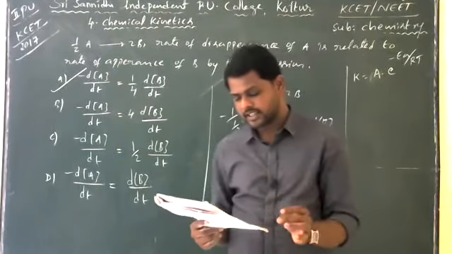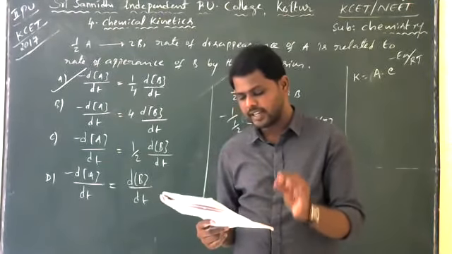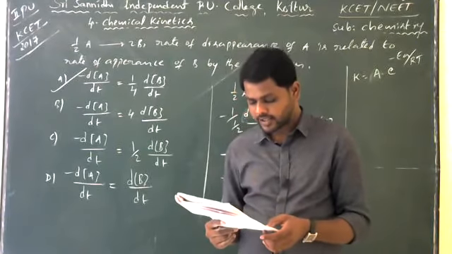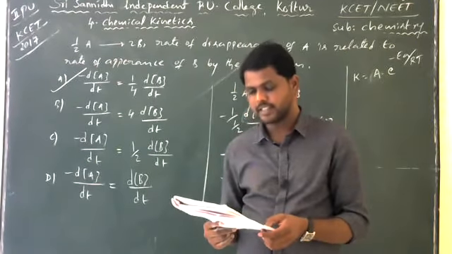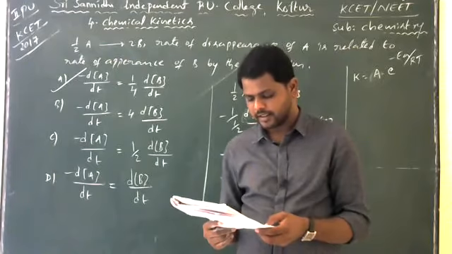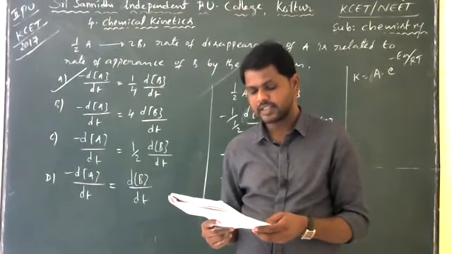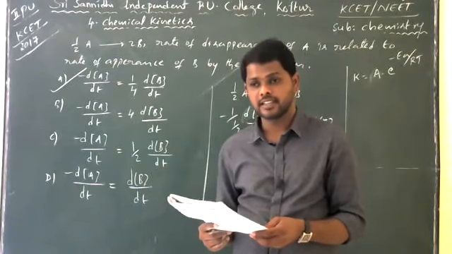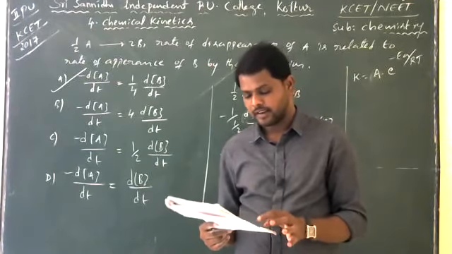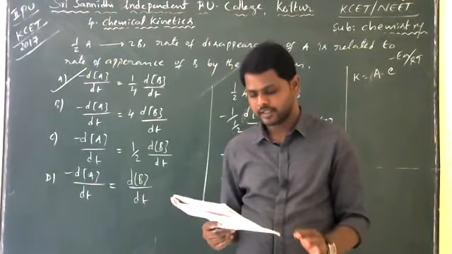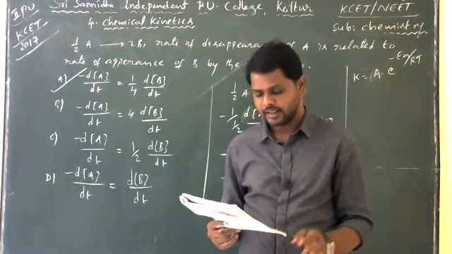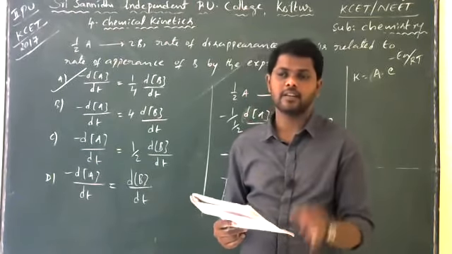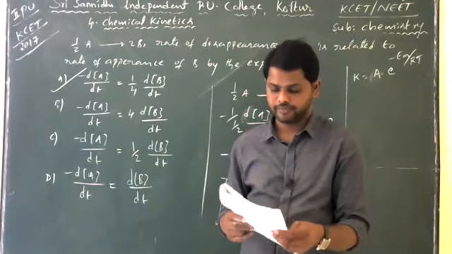Next, the rate of reaction does not change with increasing activation energy, and this is a wrong statement. The rate constant decreases exponentially with increasing temperature, wrong statement. The rate of reaction increases with increase in activation energy is wrong; with decrease in activation energy the rate of reaction increases, that is the right statement. B, C, D are the wrong statements, but option A is right: the rate of reaction increases with increase in temperature, according to the Arrhenius equation.